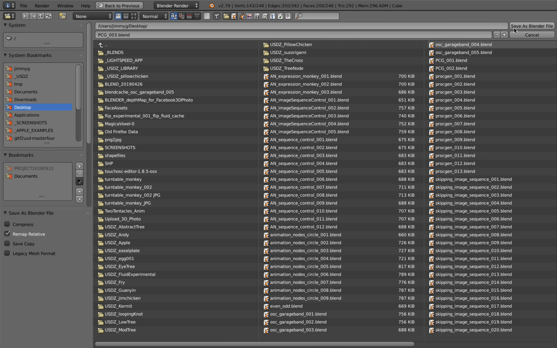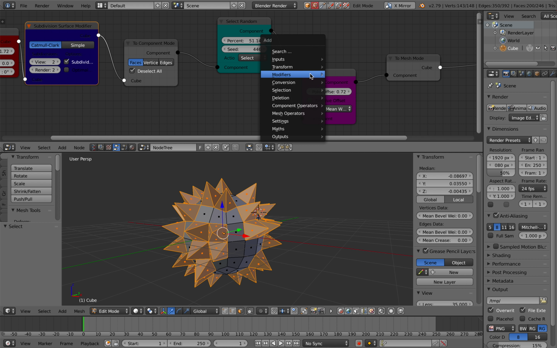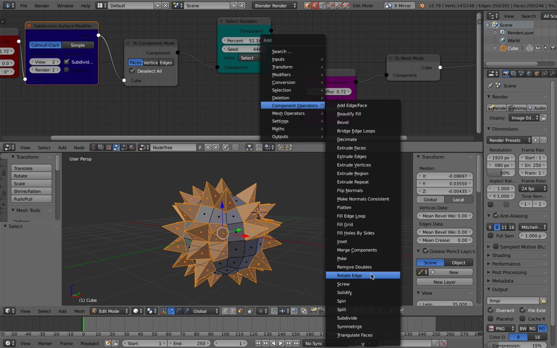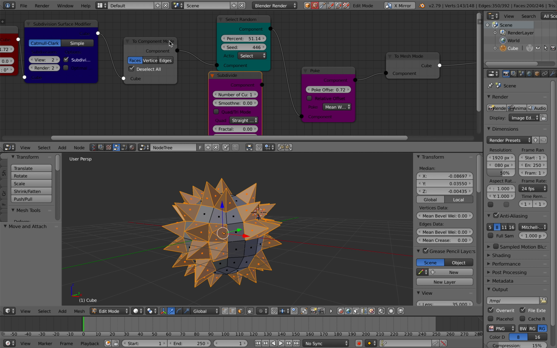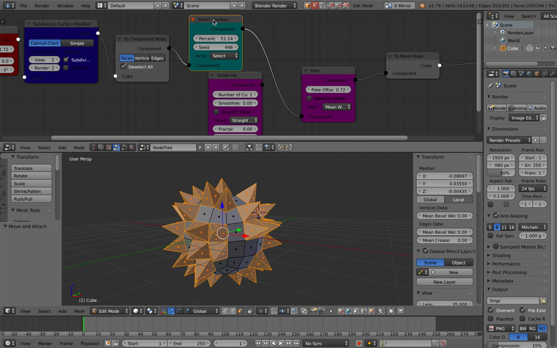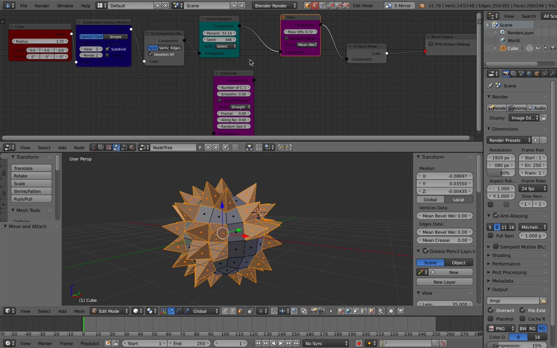That's basically poke, but then again you can subdivide, and then you go enter into this guy, and then there is another one, component level subdivisions. That's also very useful. So you make selections in component mode, select random, and then instead of poking, you want to